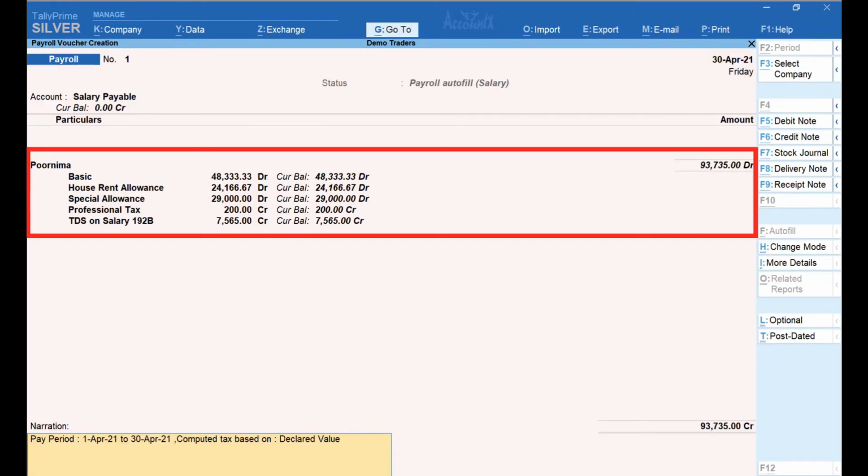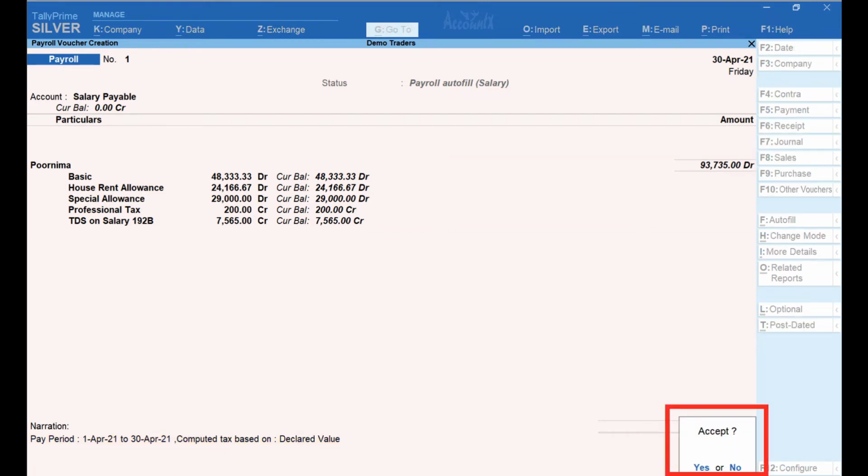If you remember, here we had configured basic as 50,000 rupees per month and we have recorded 1 day as absent. So if you notice here, basic, HRA and special allowance are computed for the number of days present. Professional tax is auto-filled. TDS on salary is also automatically calculated. Narration is also automatically filled. Press yes and accept. So we have now completed creation of payroll voucher.